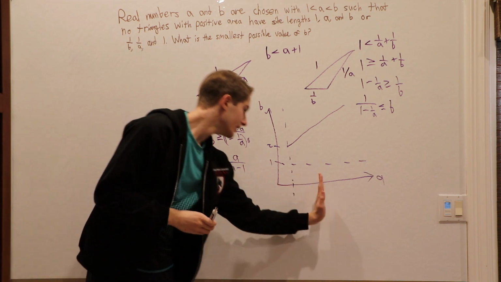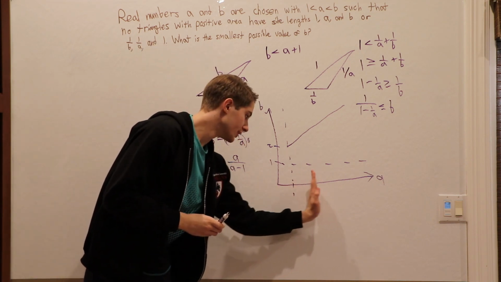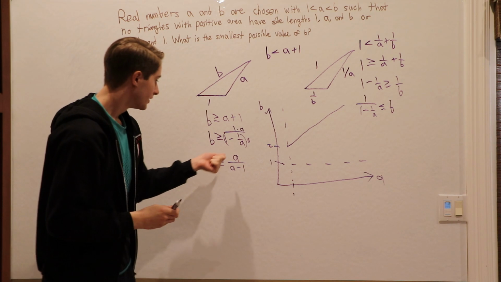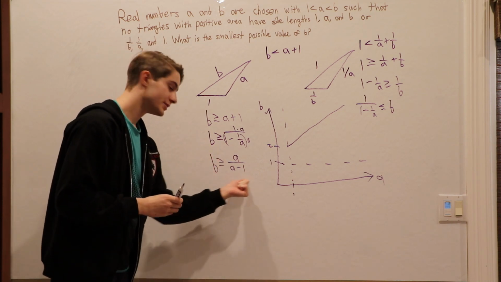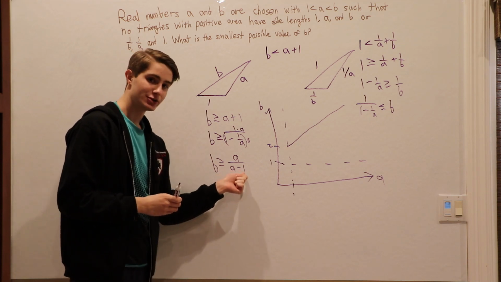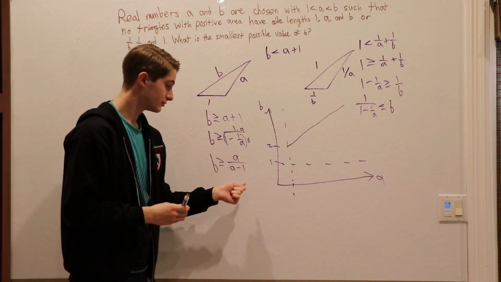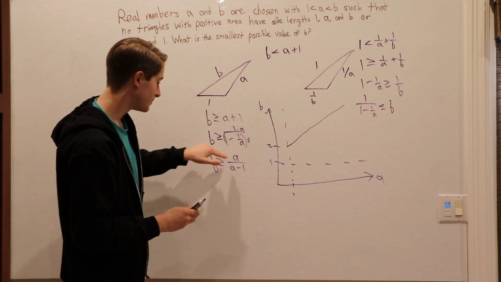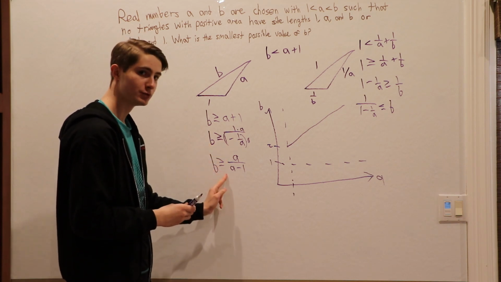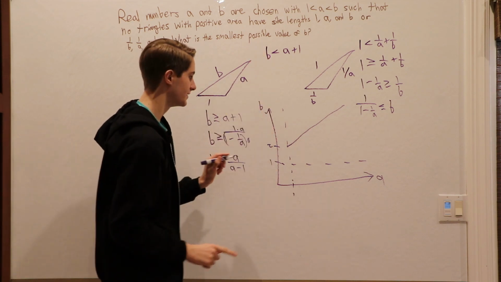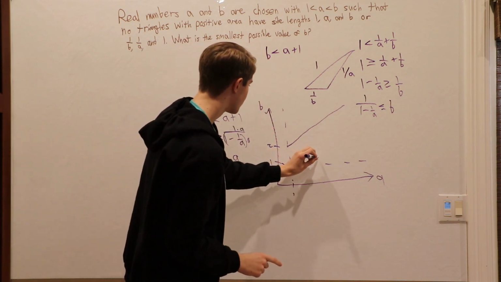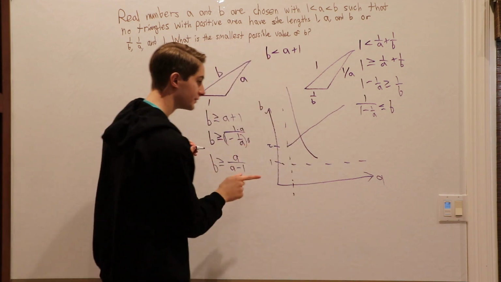So if we think about a being really close to 1, a number slightly greater than 1. On the numerator, we're going to get some number slightly greater than 1. On the denominator, when we take that number and subtract 1, we're going to get a really, really small positive number. So we have about 1 divided by a really small positive number, which means this is actually going to go up towards infinity. So the graph is going to go like this,